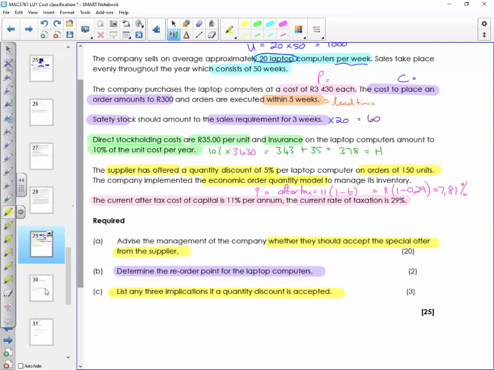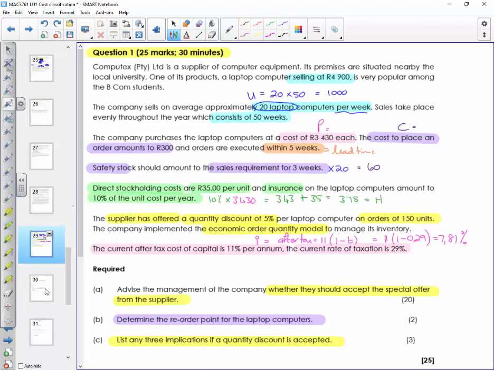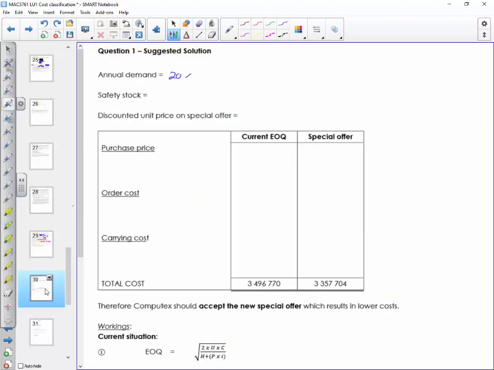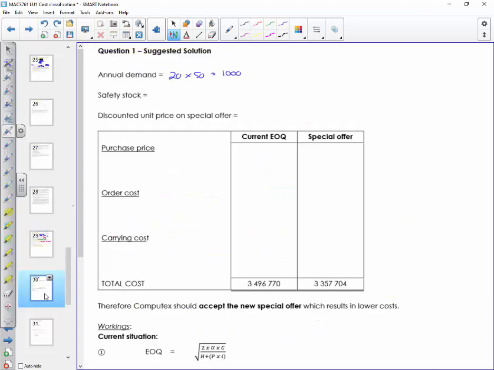So we need to compare these costs to each other and find out if the savings exceed the extra costs. Alright, so let's have a look at annual demand. We already calculated that. We said annual demand was 20 computers for 50 weeks of the year, so that would be 1,000 computers. Safety stock is 3 weeks worth of usage, and we use 20 computers per week,